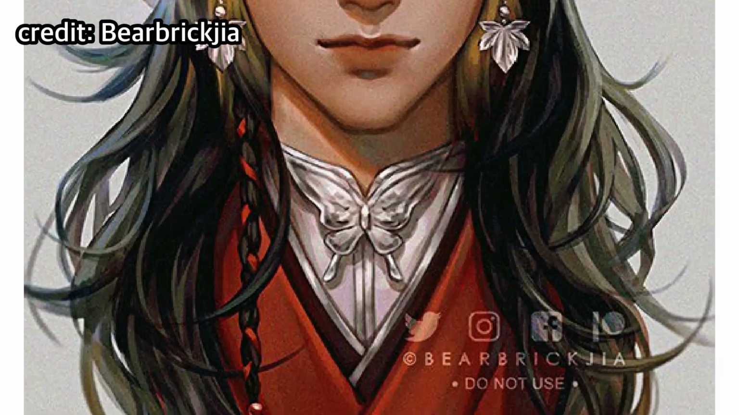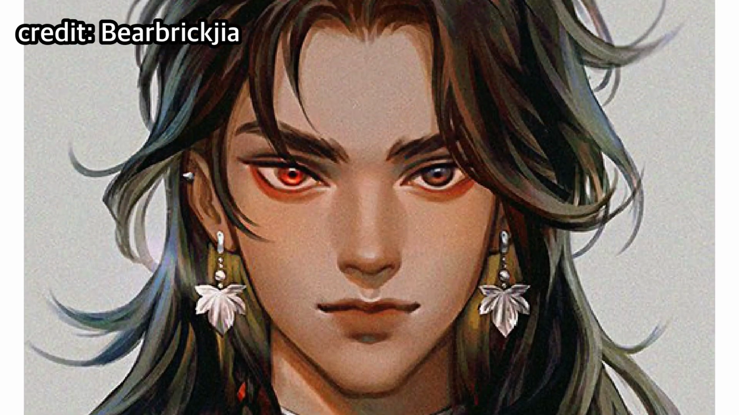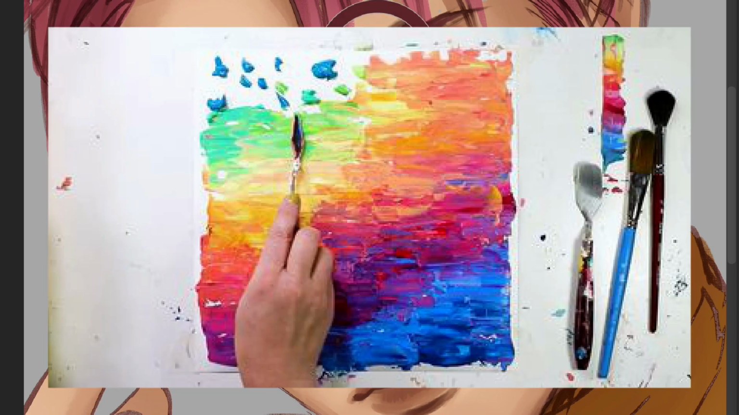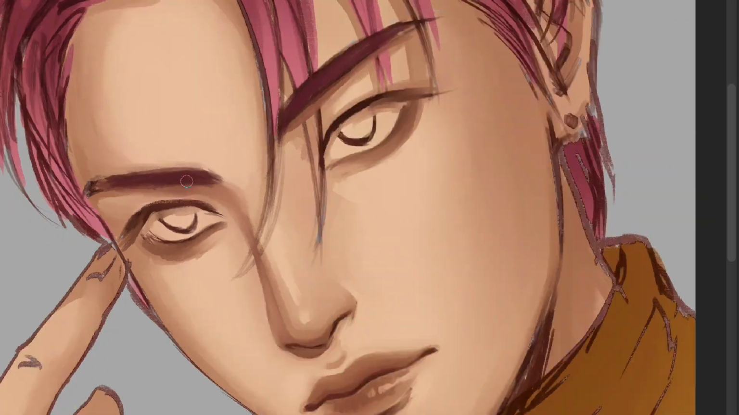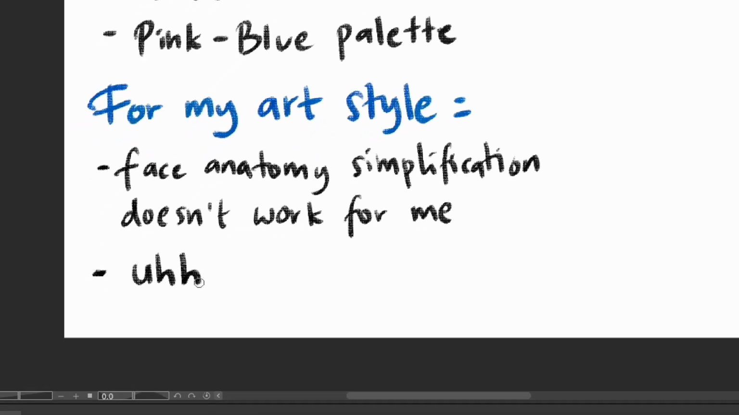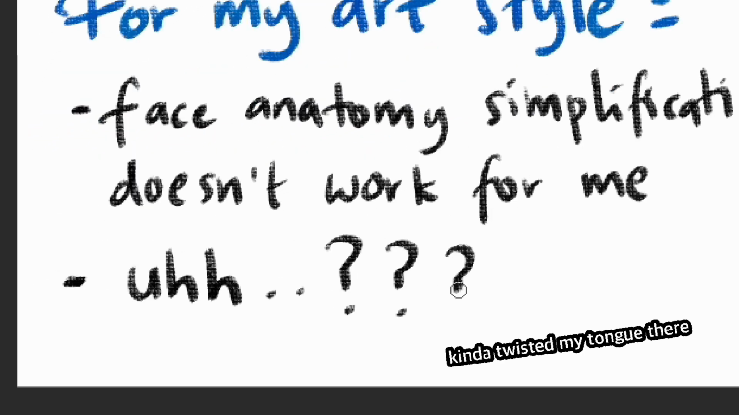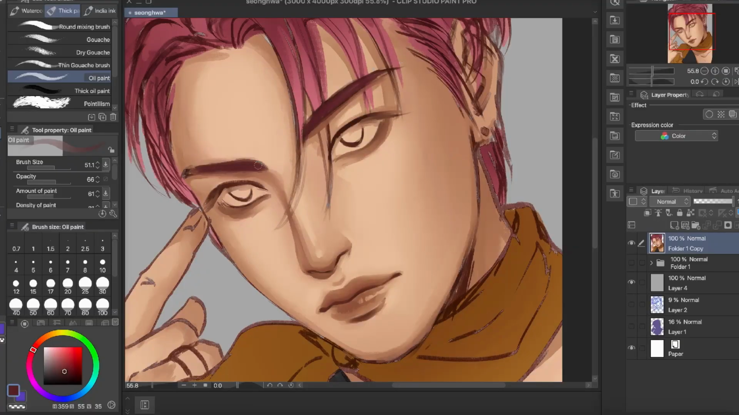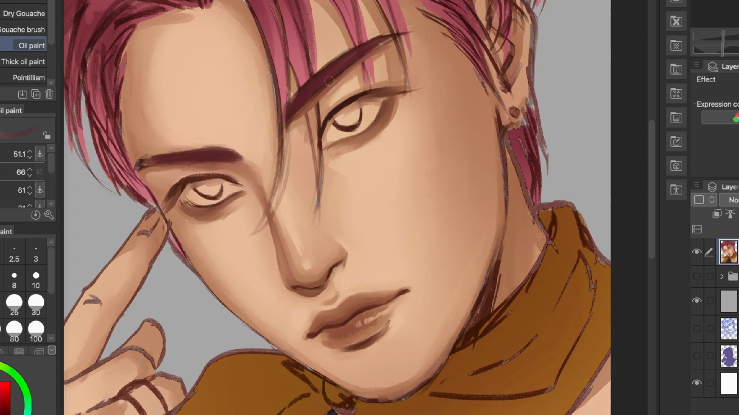and what doesn't. When I was learning Bearbrickjia's art style, I realized that I prefer more texture in my painting, like acrylic paint texture, rather than using a lot of soft brushes. Sometimes only writing what you like or dislike isn't enough because a lot of times we don't even know what we really like. So copying others' artwork for learning purposes, I cannot stress this enough, is important to develop our